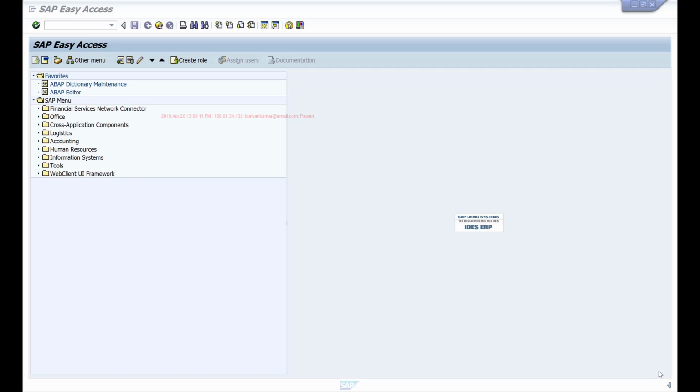However, with these screens, selection screens and list screens, you have limited control on what you can do. The main purpose is that selection screens are typically used for taking selection inputs from the user for your report programs, and list screens are generally used for displaying the report output. So these screens are more designed towards report programs.